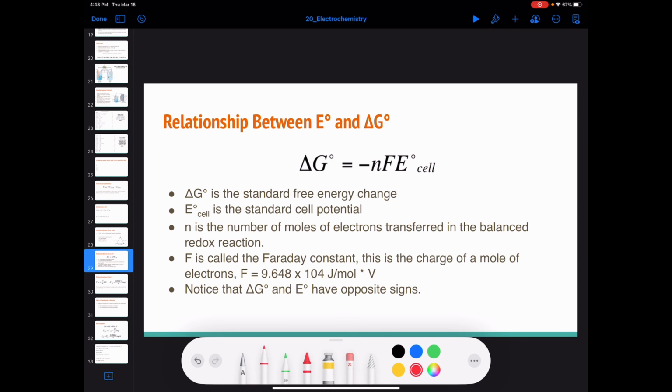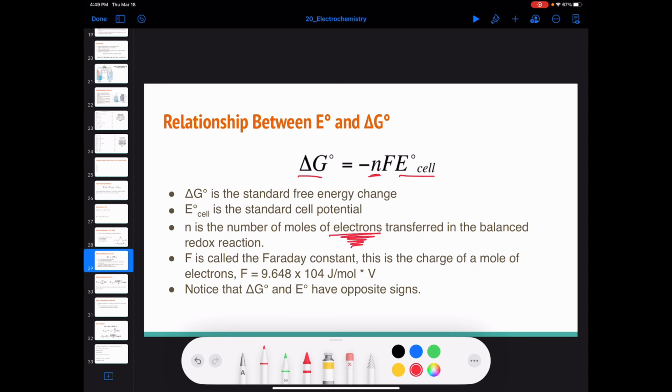So first off, we've got this equation right here, right? And we know what delta G is, the standard free energy change. We know what our cell potential is, our standard cell potential that we just learned about. We've seen n before, right? Just like PV equals nRT, n is our number of moles, but this time it's the number of moles of